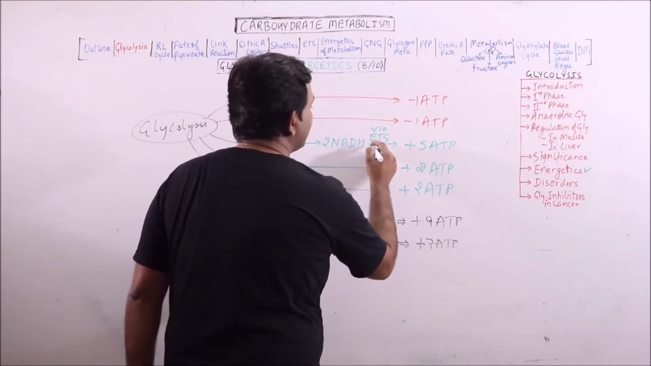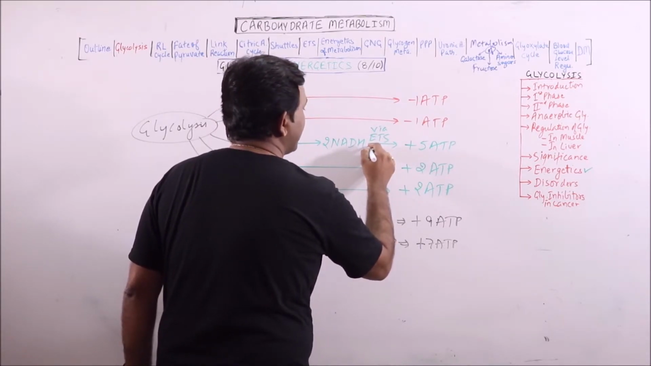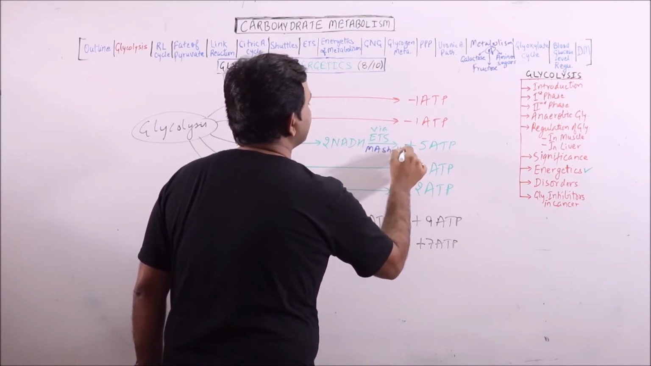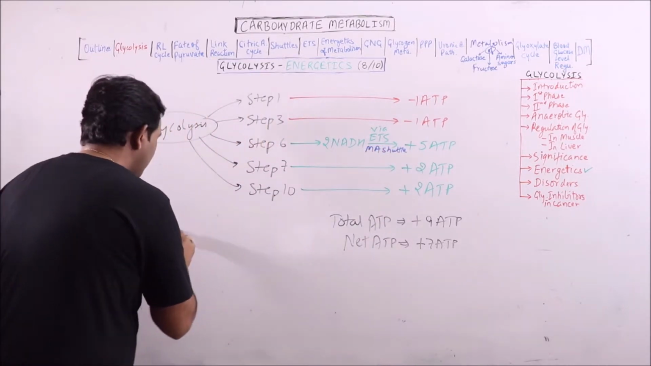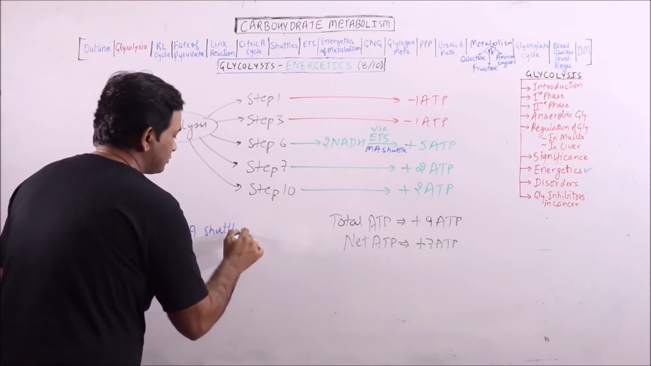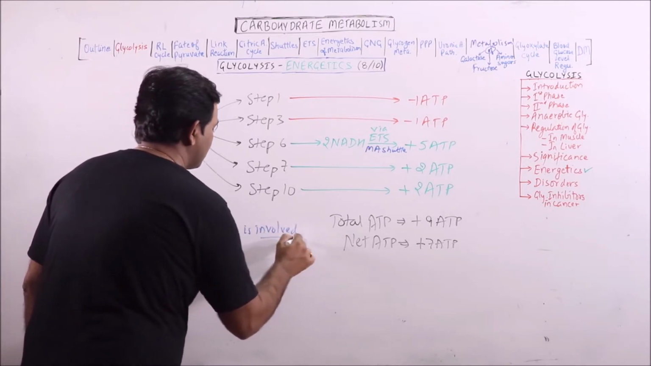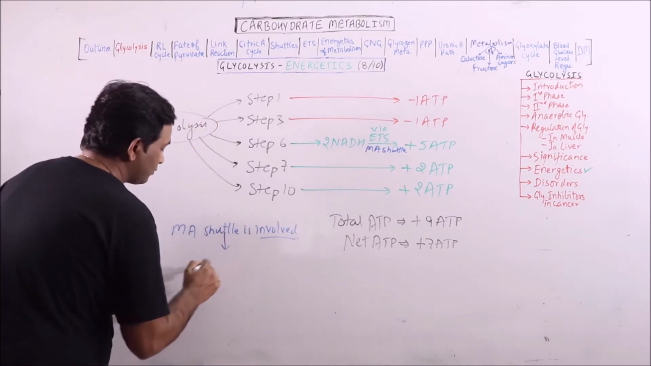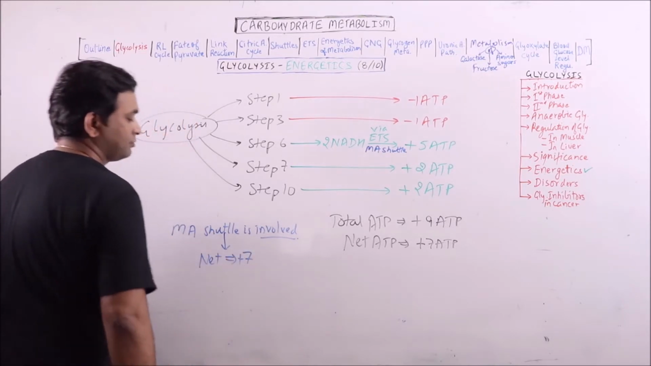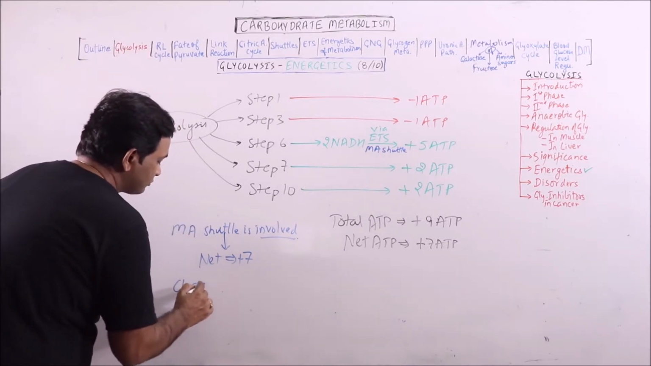It is important to note that this occurs when NADH moves via malate aspartate shuttle. So if malate aspartate shuttle is involved, then net ATP will be plus 7, while if glycerol phosphate shuttle is involved,